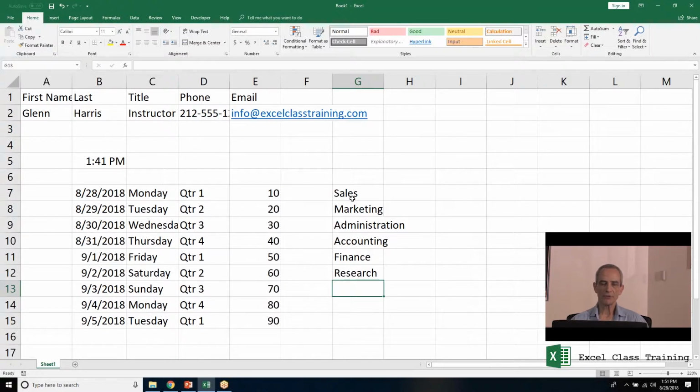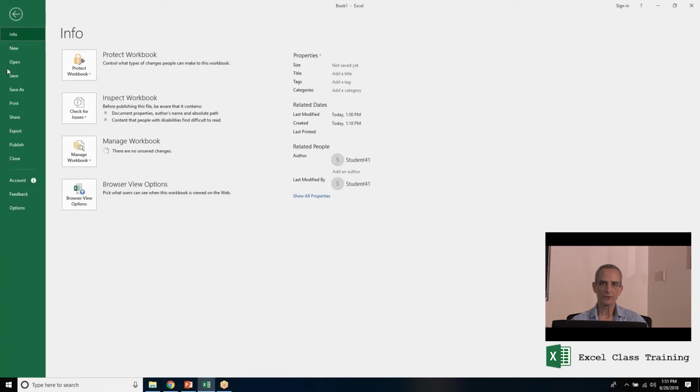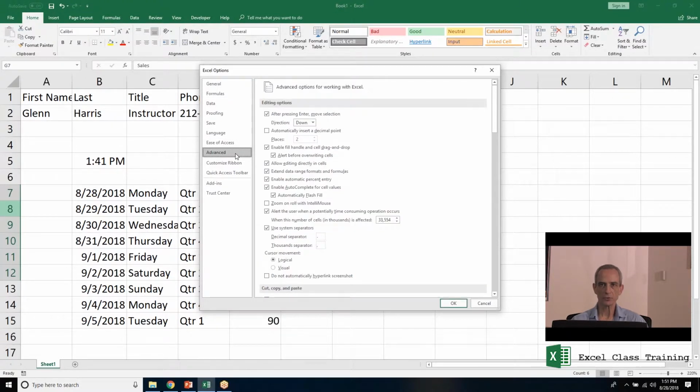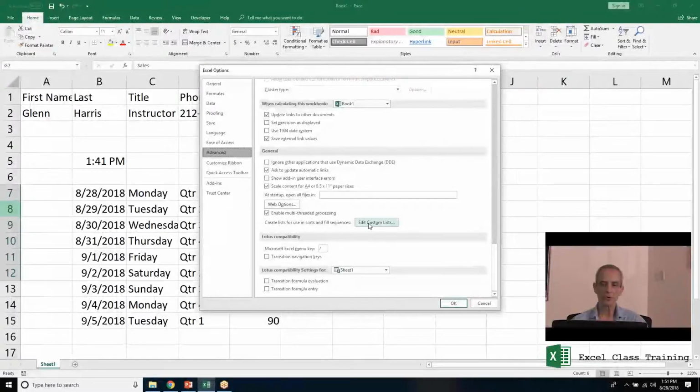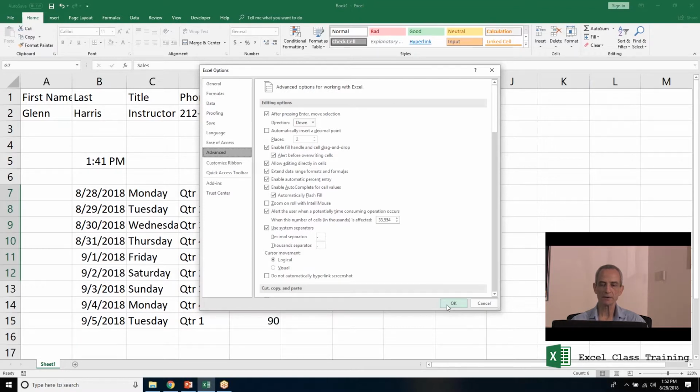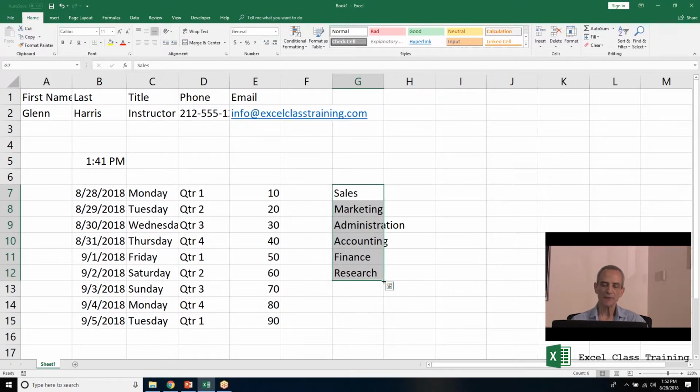So to teach Excel to generate a custom list, what I would ask you to do is highlight this information that you've typed. Then click on the File tab of the ribbon, and at the bottom of the File tab, find the word Options. When you get to File and Options, there's a category on your left called Advanced, and after you click on the Advanced category, I would ask you to scroll all the way to the bottom and find a command called Edit Custom Lists. What we need to do here is import the list we selected, so I would ask you to click the Import button. Then you click OK to that, click OK to Excel Options,